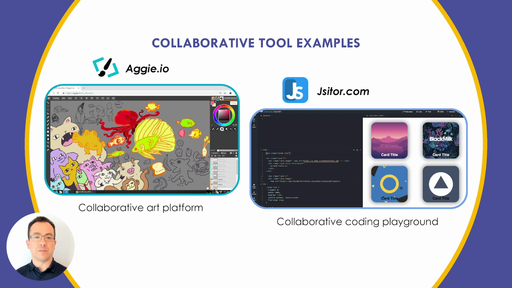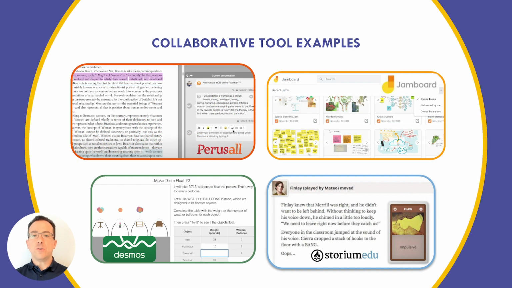but equally collaborative. Other good collaborative tools include Perusall, a platform for students to analyze and annotate text as a group. You might ask them to explain passages, analyze writing styles, react to parts of the text, or simply ask questions of things they don't understand to get support from their peers. Storium is another collaborative writing tool that merges writing a story as a group with the card-playing style of popular role-playing games. In this case, students will hold a hand of cards and play them to serve as writing prompts